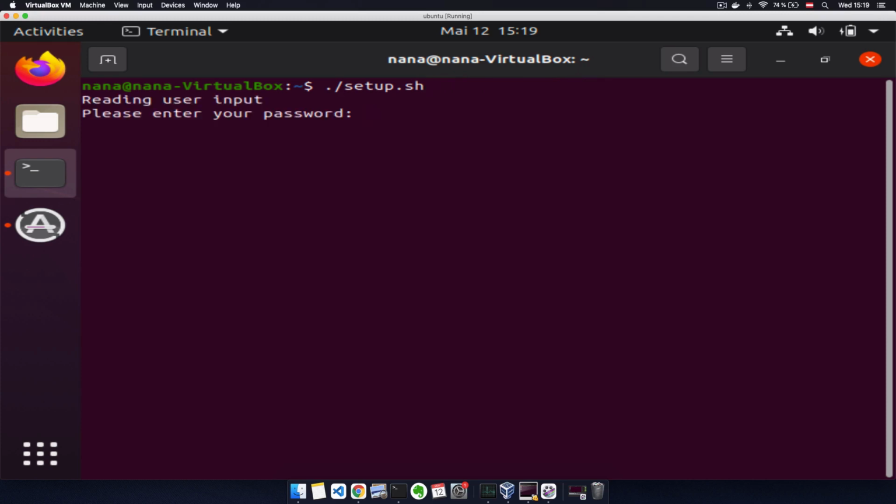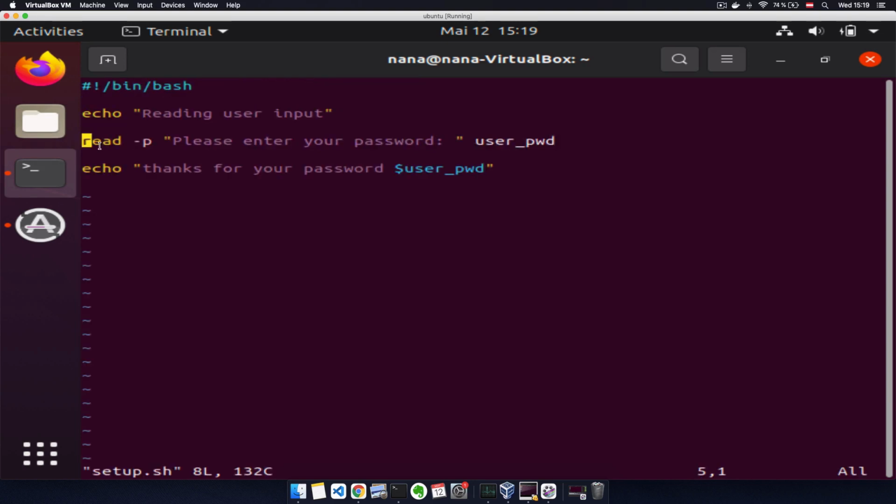Without parameters. And there you go. We have reading user input, echo, and then we have a prompt. You see this blinking cursor here, which is waiting for our input. Please enter your password. Let's say this is my password, and it just echoes it back to me. So using read and the prompt, we can basically ask for any number of user inputs that we may need